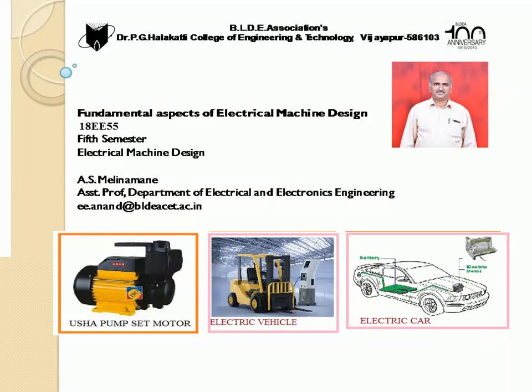Hello, good evening students. Today we have to discuss different types of sheets, hot rolled and cold rolled, and different alloys of the magnetic materials. Generally we have observed that magnetic material should possess high flux density as well as high magnetization properties with low loss. That was observed in the last class.